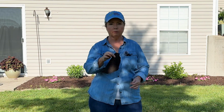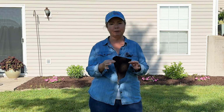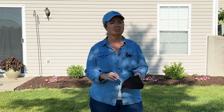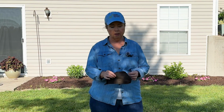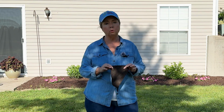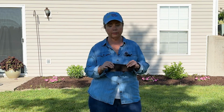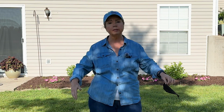And then what I discovered, in this particular bed, there is some heavy-duty landscaping fabric. That was placed several years ago when we had just a few shrubs in that area that we didn't expect to add to or expand. And it's not the greatest thing to use, but I appreciate those of you who want to use it. You do you, but it makes it difficult for a lot of us in gardening to have to work around this. So I cut out a little bit of this landscape fabric